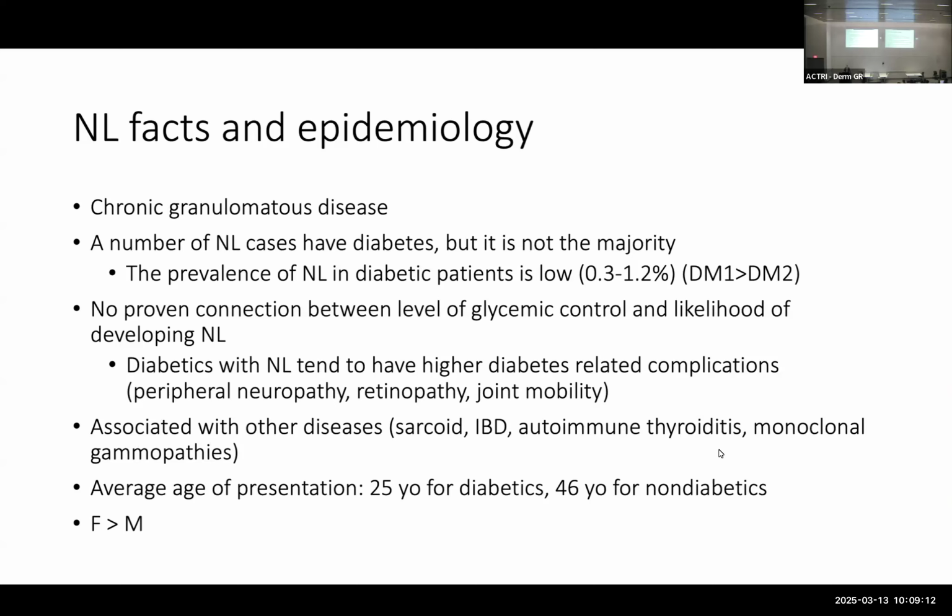Okay, so what are some facts about NL? Well, it's a chronic granulomatous disease. There's a number of NL cases that have diabetes, but it's not the majority. Only about 1% of diabetic patients get it. It's more common in type 1 diabetes than type 2. It's not really proven to be connected to glycemic control. So if you get your patients under better glycemic control, it doesn't necessarily mean that they're going to get any better. It's associated with other diseases like sarcoidosis, but maybe that's just because they're both granulomatous and sometimes it's hard